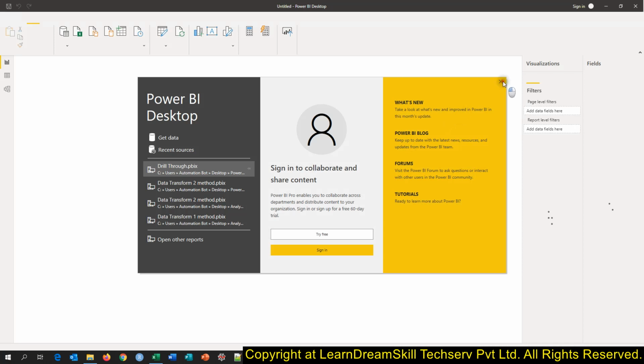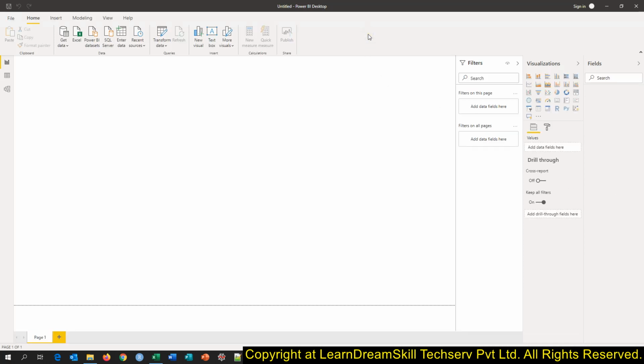Whenever we are creating a dashboard, Power BI can hold more data compared to Excel. If you have worked with Excel, you might have noticed that if we have around 5 lakh or 4 lakh records in Excel, Excel will start hanging, whereas you will not face any such issue in Power BI. So we will just import the data first.